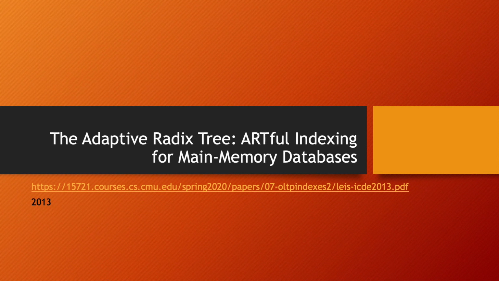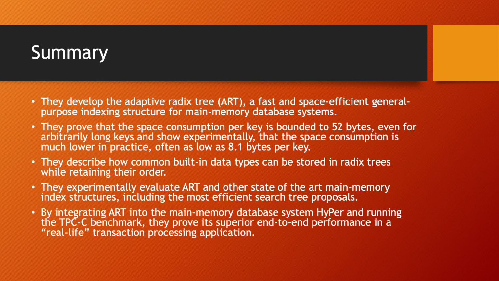The paper of the day is The Adaptive Radix Tree: ARTful Indexing for Main Memory Databases. It's a 2013 paper. In this paper, they developed the Adaptive Radix Tree, a fast, space-efficient, general-purpose indexing structure for main memory database systems. They proved that the space consumption per key is bounded to 52 bytes even for arbitrarily long keys, and show experimentally that the space consumption is much lower in practice, often as low as 8.1 bytes